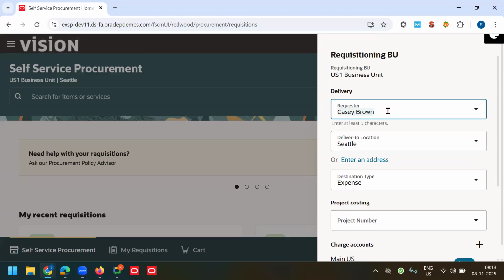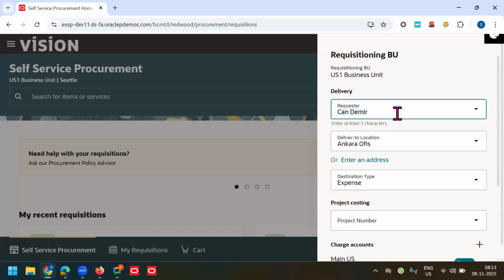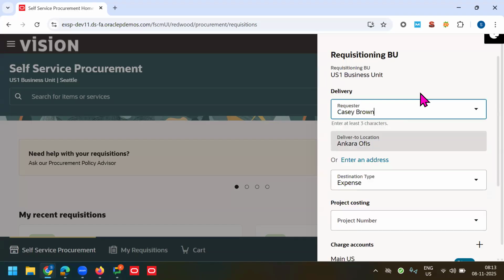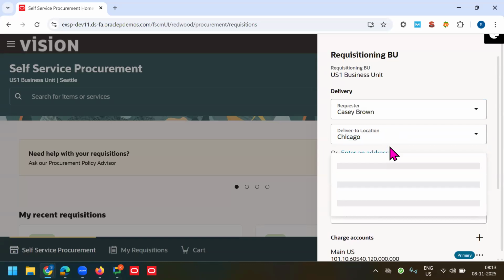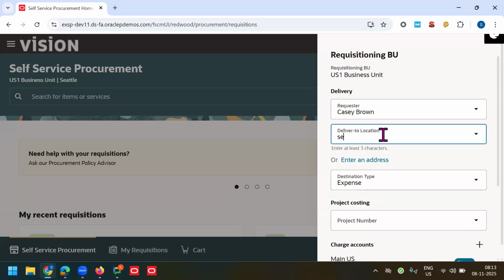So basically, majorly, you are going to create requisitions for yourself, or you are going to create them for somebody else. Suppose you create requisitions for another person, then select that person as the requester, so that every time you create a requisition, this person is defaulted as the requester. But if you are going to request for yourself, then select your name only, and the delivery location is automatically defaulted. If you want, you can change the